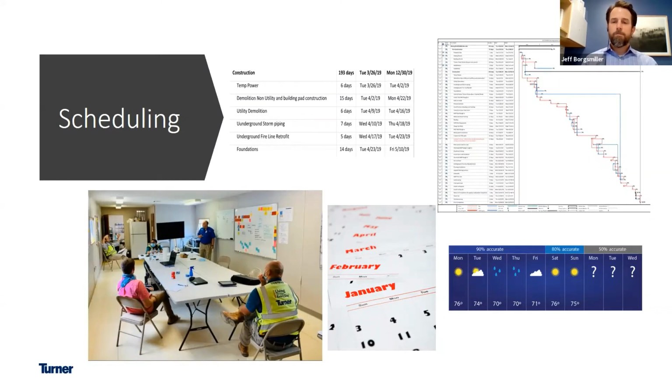Scheduling, yeah. So we just talked about estimating and pricing, and that's one of the components that we do during the pre-construction phase. But scheduling is another substantial component of our services. There typically are two questions that a client will ask at the early stages of the design. Hey, how much is this going to cost me, and how long is it going to take you to build it? And so we'd have to do a detailed schedule on that to determine what it's going to take